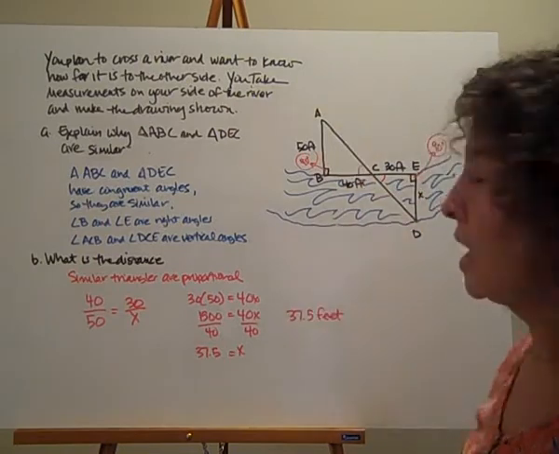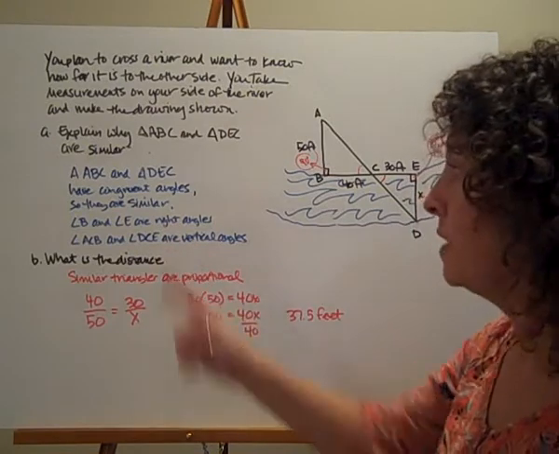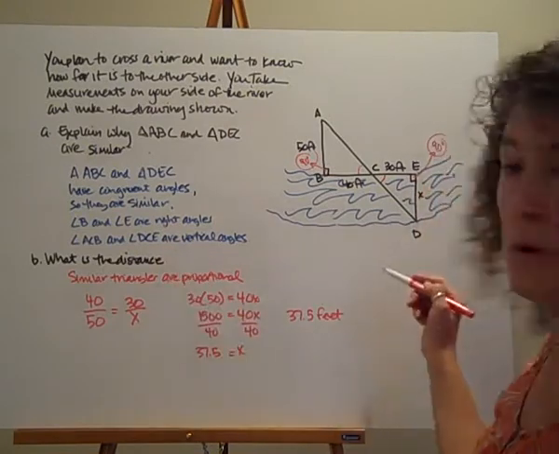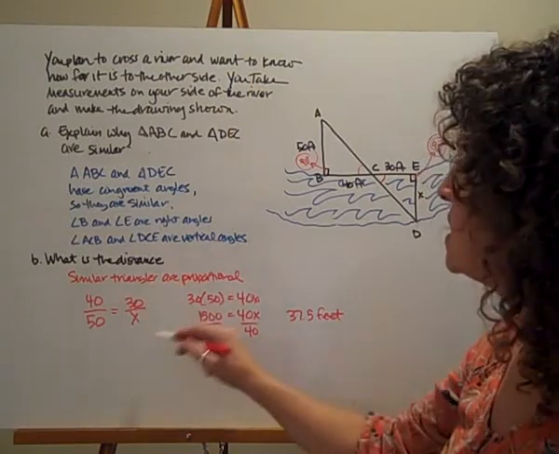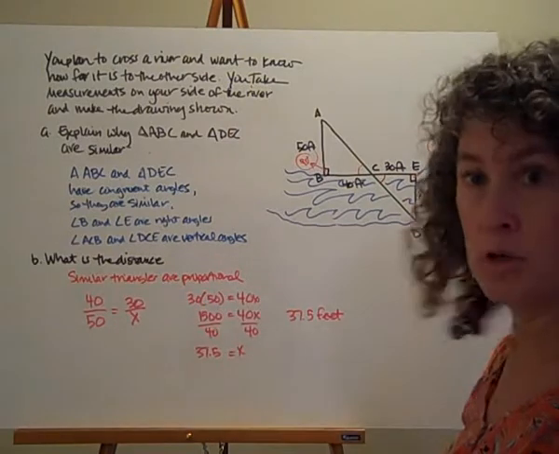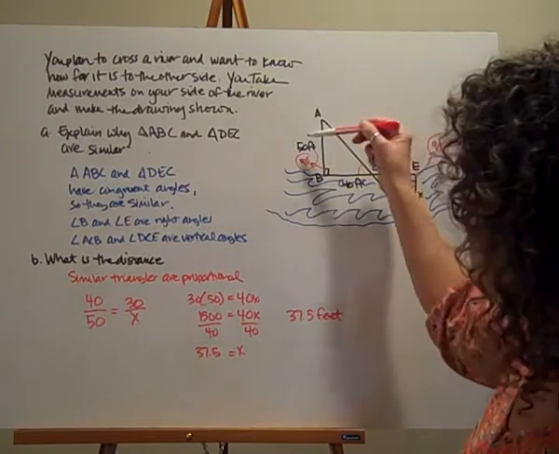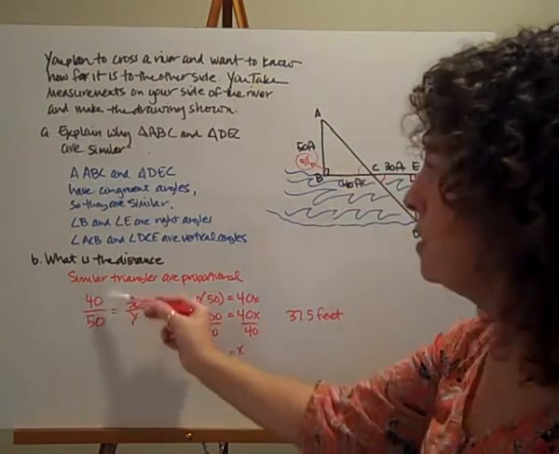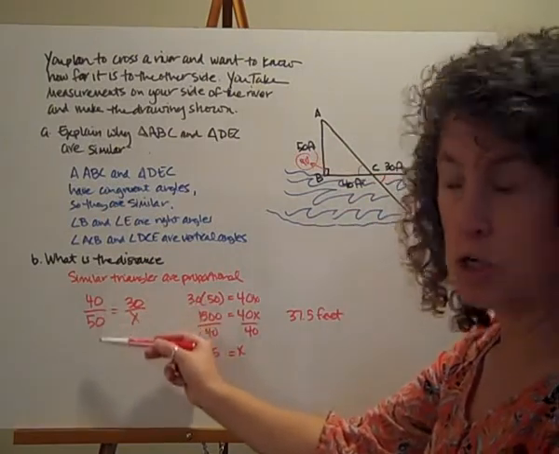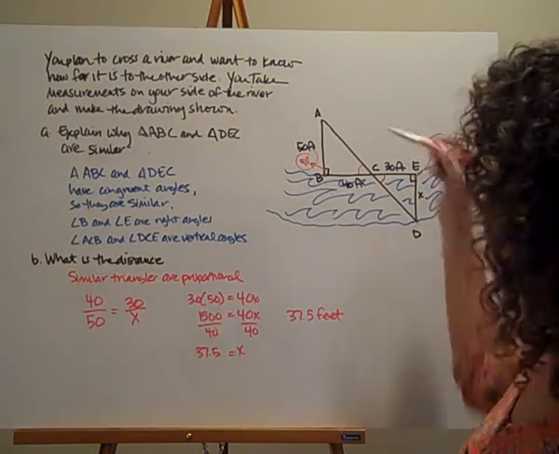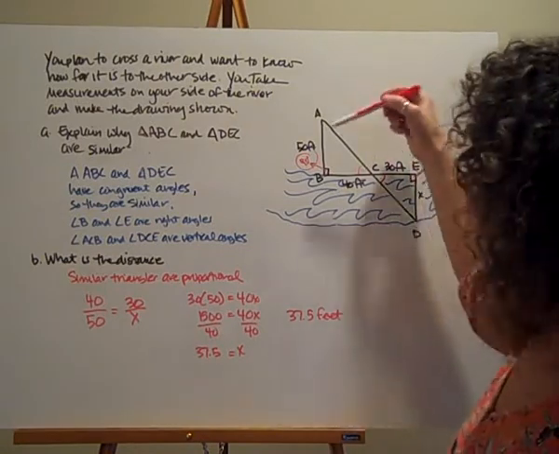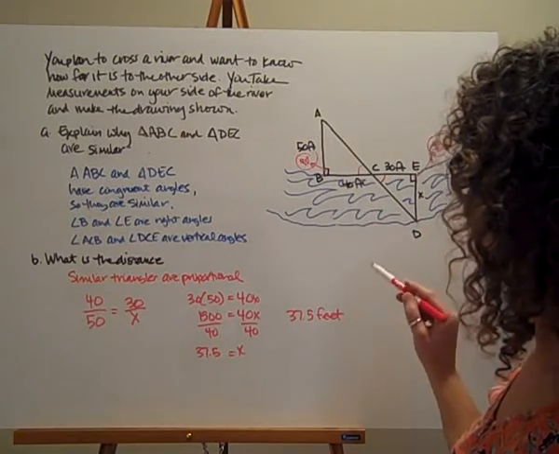They are proportional. I can write a proportion to figure out the distance across the river here, which I'm considering my x. So what I'm going to do is set up a proportion, because my similar triangles are proportional. Now, I've taken one of my triangles and put the two sides in a ratio, like this, but then I always get confused about what should match up with which sides here. So I'm going to figure out which ones match up with each other.